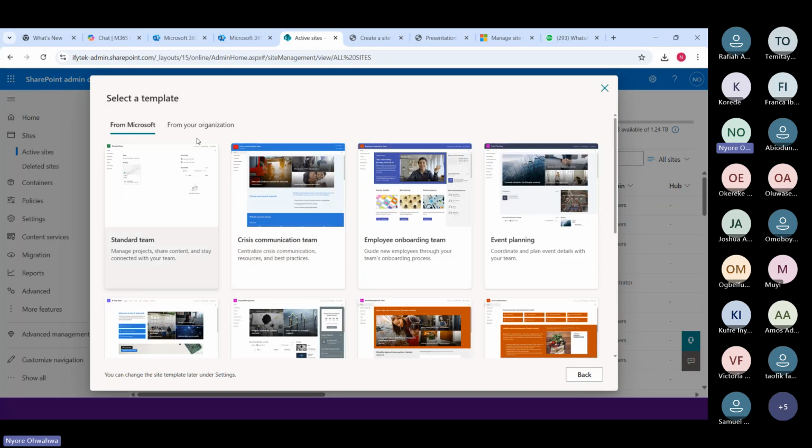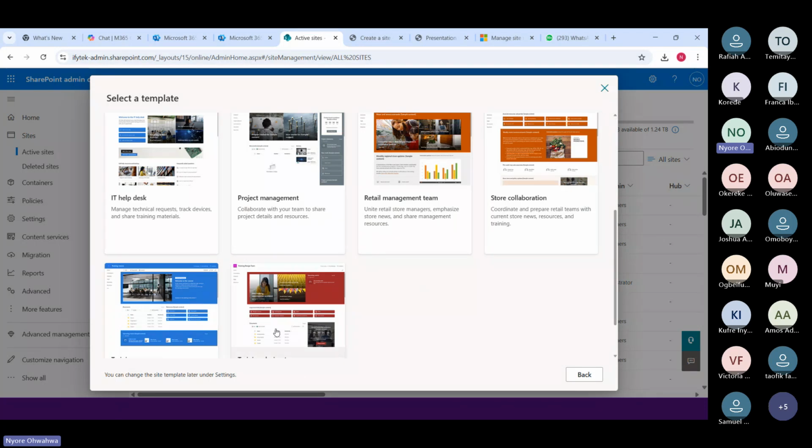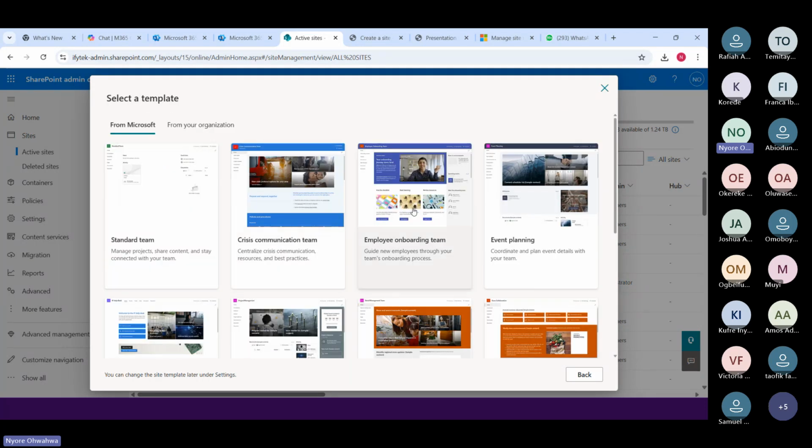So Microsoft has, in the past, we didn't have all of these different templates for site creation, but now Microsoft has created different templates that you can choose from when you're creating a team site. You can take a look at all of the templates and see which one works best for you. For example, if you want to create a site for employee onboarding, you can click on this one. It's basically an interface and then you edit instead of creating a site from scratch.